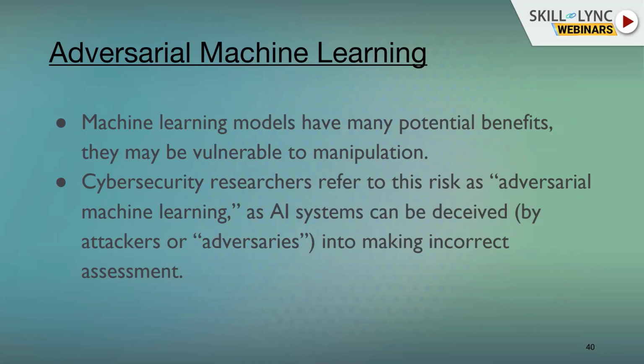But there is also a flip side to it. Security is becoming very key here. There are models which you churn out using the data. The adversaries or the hackers are trying to exploit those models and make them behave in a different way than what they are intended to.